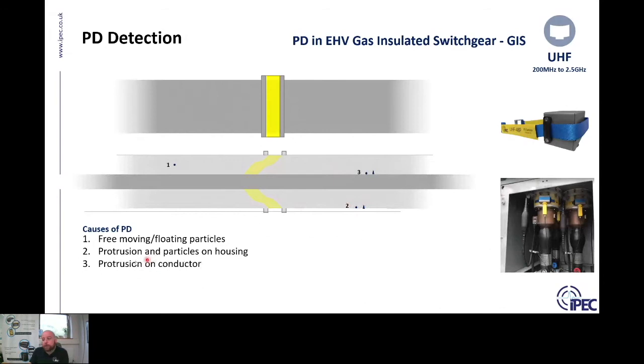We might find a protrusion on the conductor, or even a particle on the conductor as well. We might find a particle or defect on the insulator. So on the outer surface of the insulating point, we might find a particle on that. Or we might find a defect within the insulator. That could be a void, similar to what I mentioned, any insulator of course can have a void or a defect inside, or it could be a delamination, where the insulator is not quite making firm contact with the